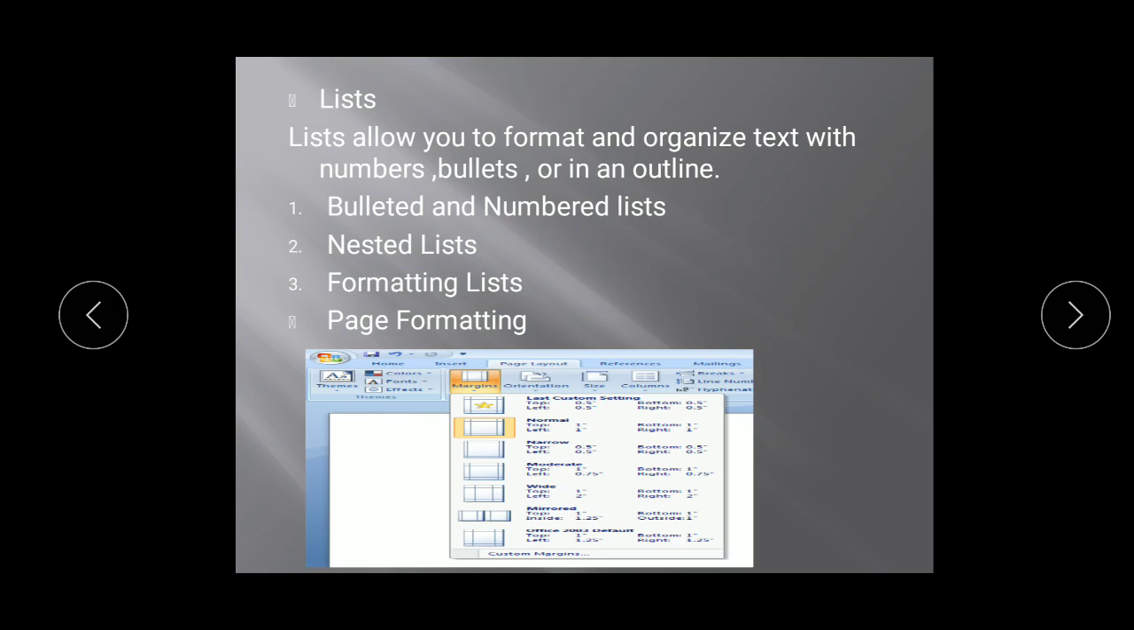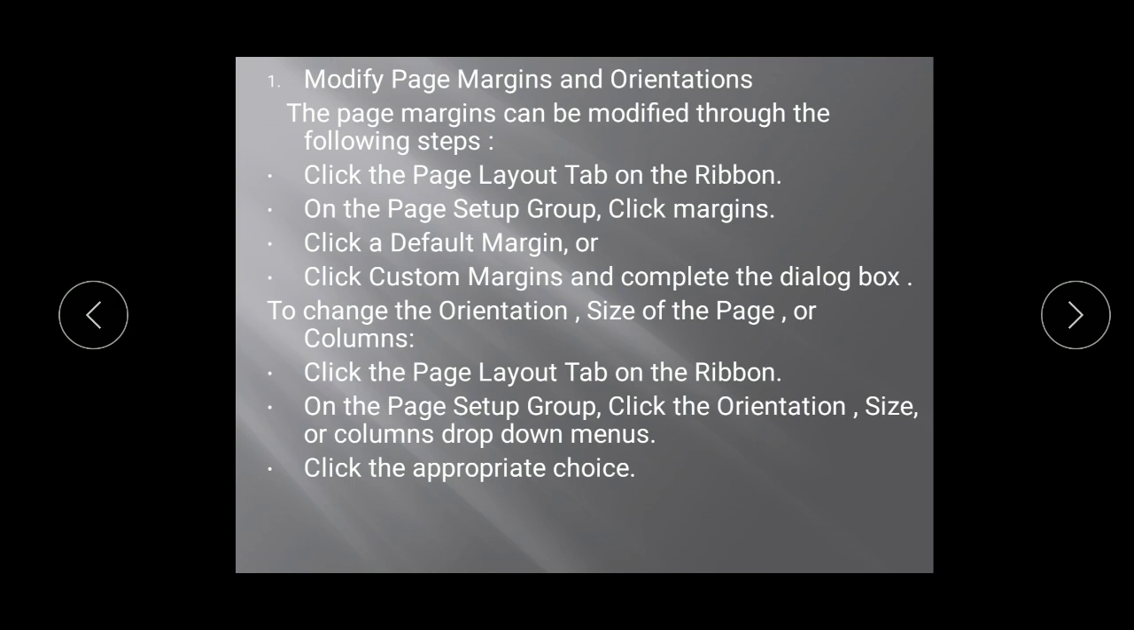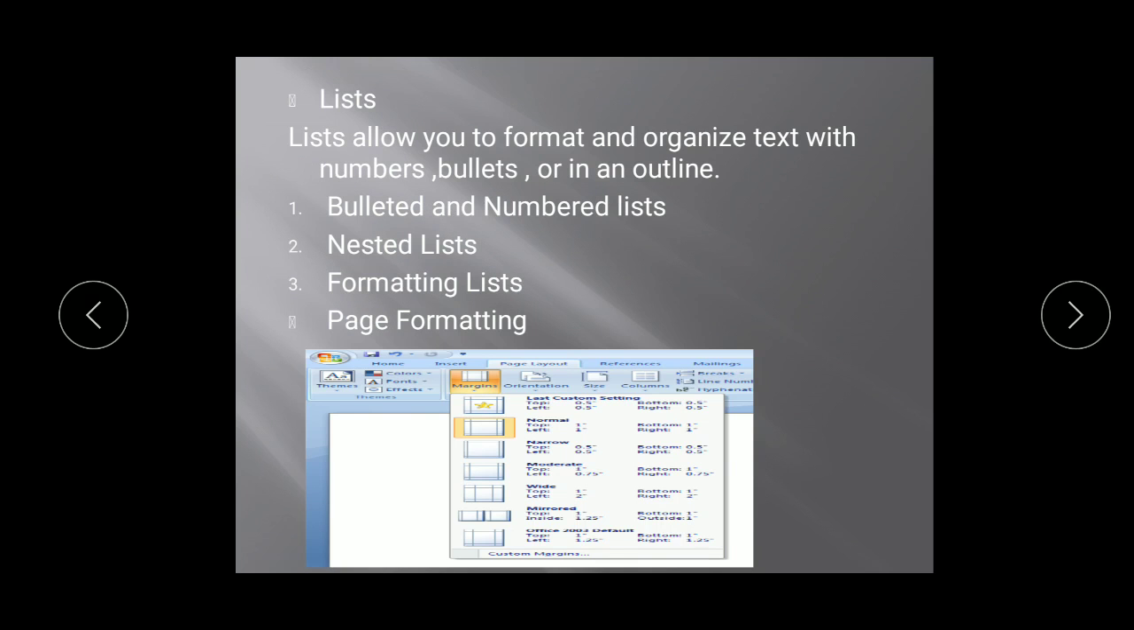And for that there are three types of list. That is, first one is bulleted and numbered list, second one is nested list, and third one is formatting list. So it totally depends on how you do the numberings. And for that list, beside your page formatting, that is page layout option, you have those bullets and numberings option. When you go in the page formatting,